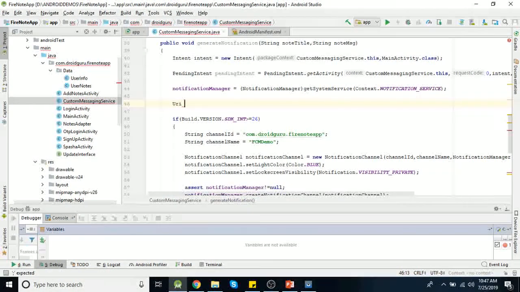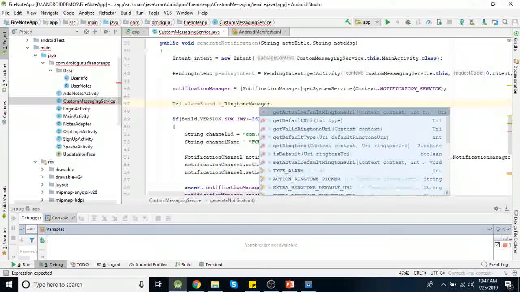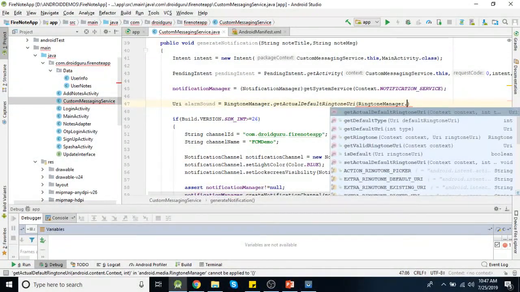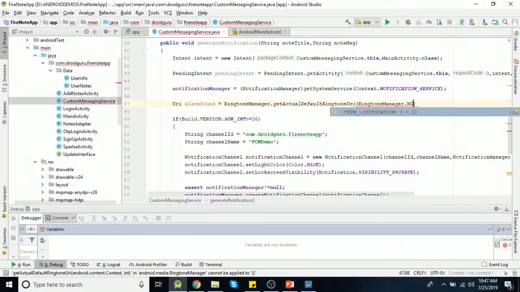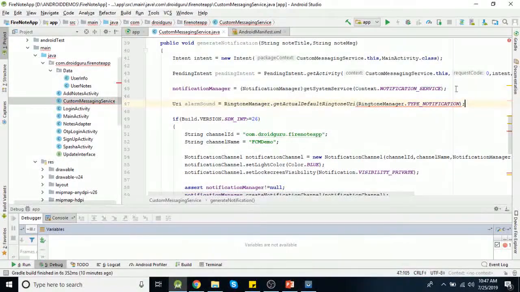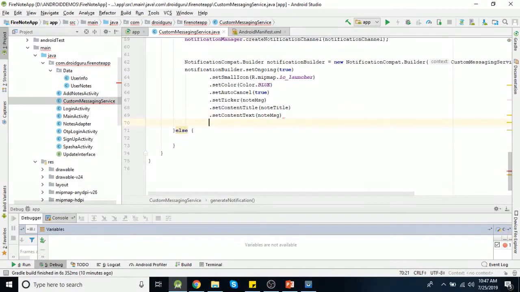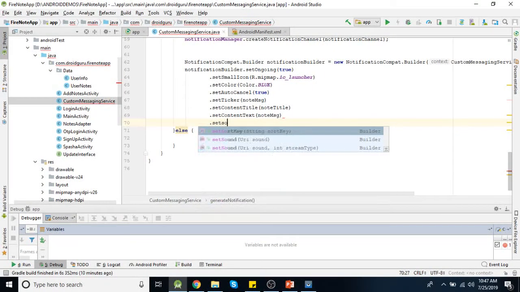So alarm sound equal to ringtone manager dot get default ringtone URI, and here ringtone manager dot type notification. Dot set sound.